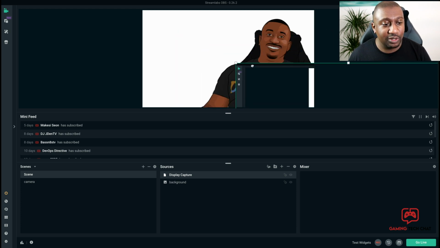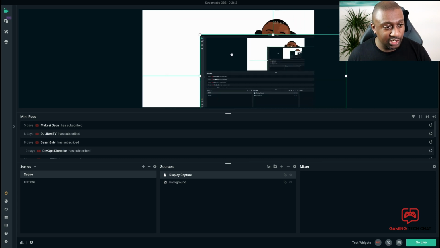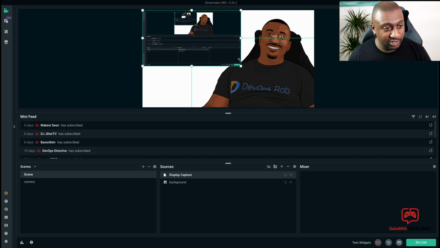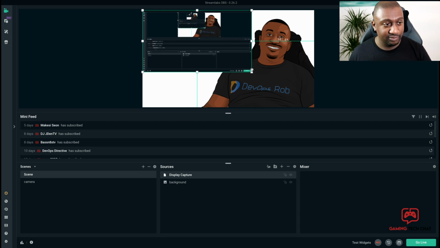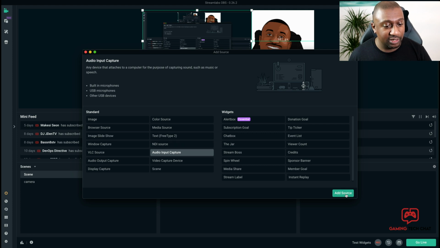This is probably not the best example for a display capture scene, just because normally you'd probably want a display to be a bit more legible. But if I wanted, I could have it something like that if I wanted. And that's just kind of the example. You can add so many different things, like you can add maybe audio input devices. So for example, I could